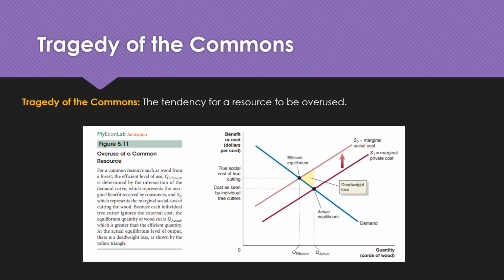So again, the last thing I want to talk about is the tragedy of the commons. Basically, this is just a tendency for a resource to be overused. If you ever take an environmental economics course, I took one when I was an undergrad, we talked about the tragedy of the commons in the context of fishing and